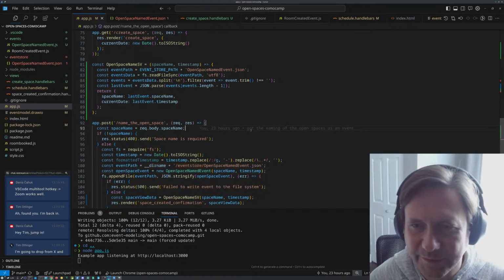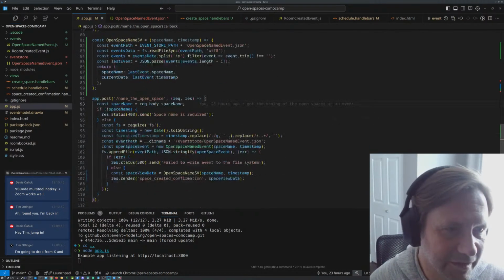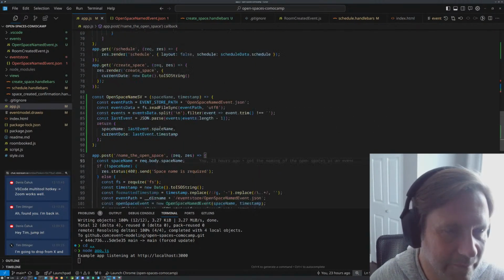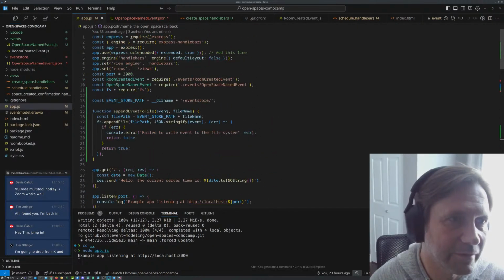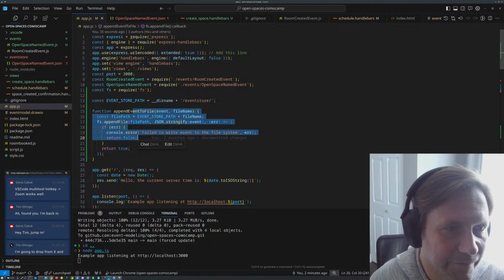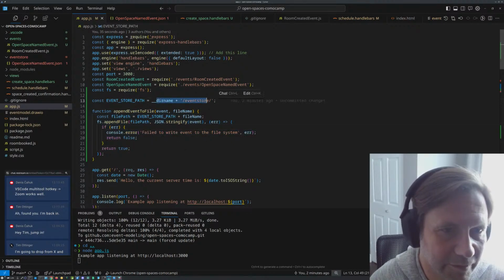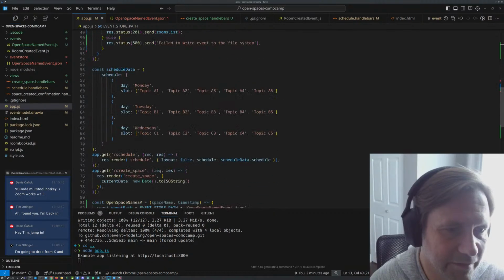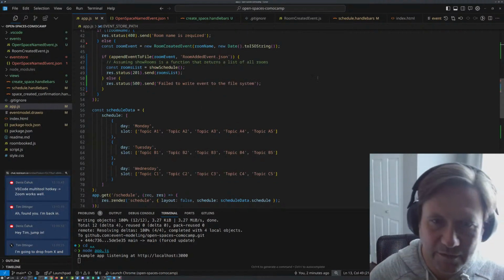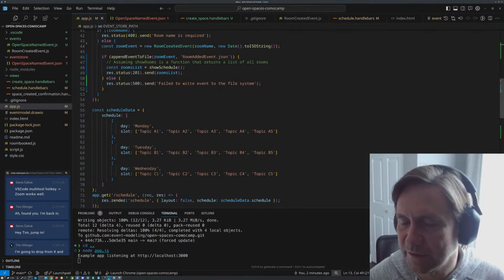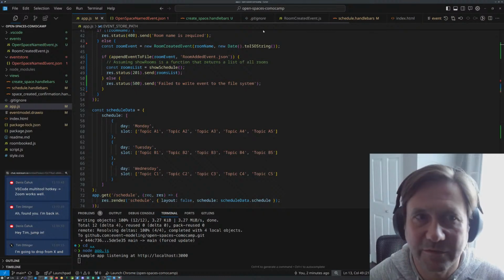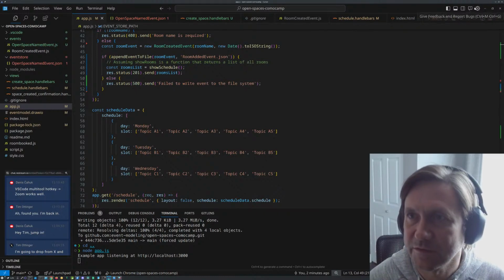So we'll see. But yeah, I'm still not liking this. What do we have at the top here? So we got this append to file. It's got the event store path, the dir name plus event store path. Okay, so I think it's better to use the chat in some of these greater refactorings. So where's that? There it is.